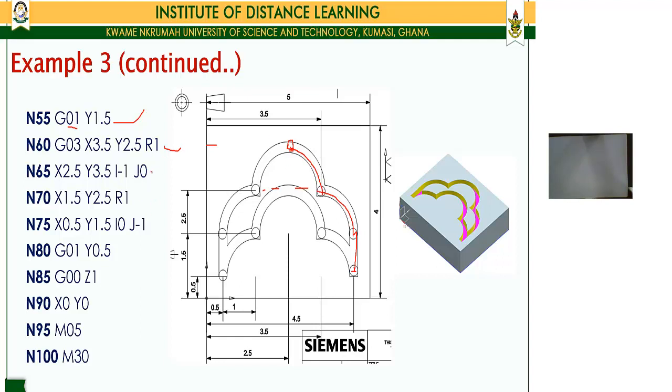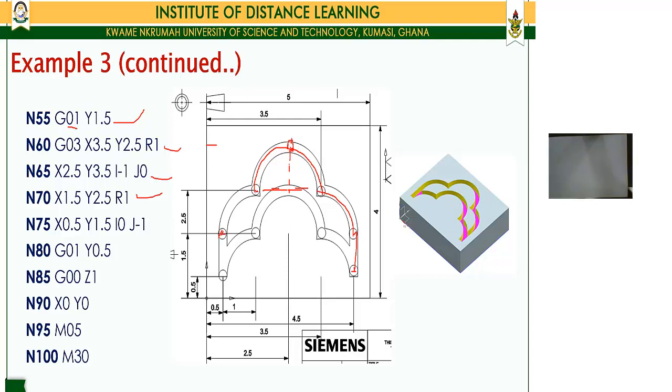Okay, so it means that the tool will then move up to this point, which is that, and then it does another counterclockwise X 1.5 to Y 2.5 at a radius of 1, because it's doing a quarter of a circle, so it does the quadrant here up to this point,